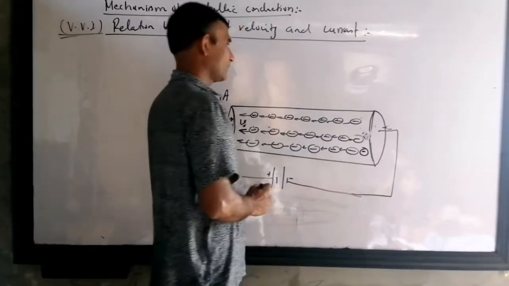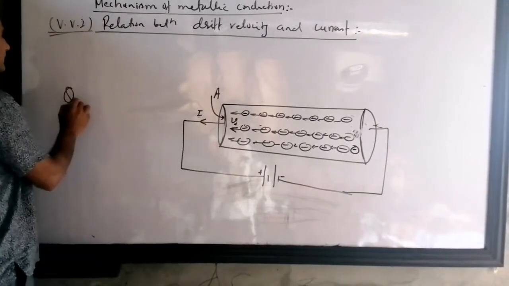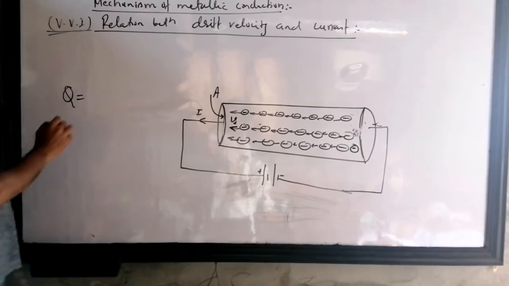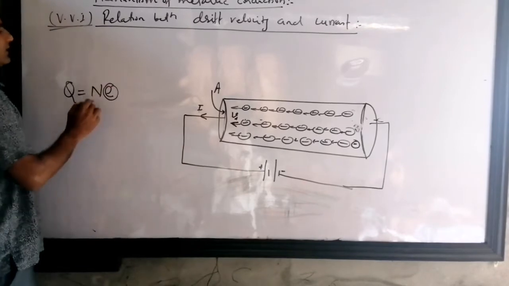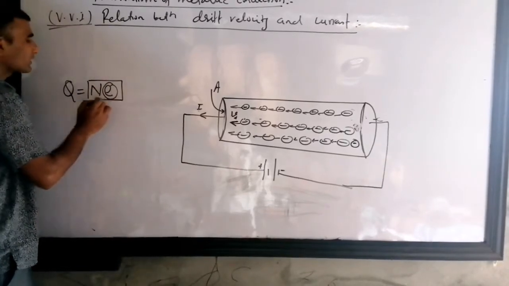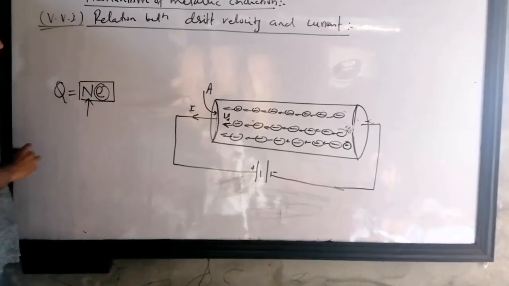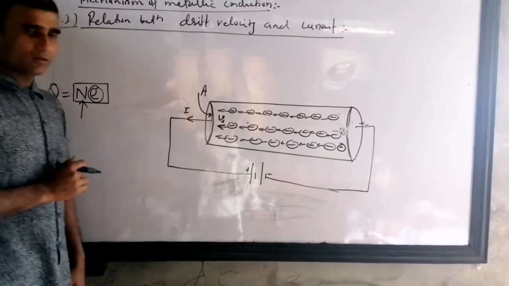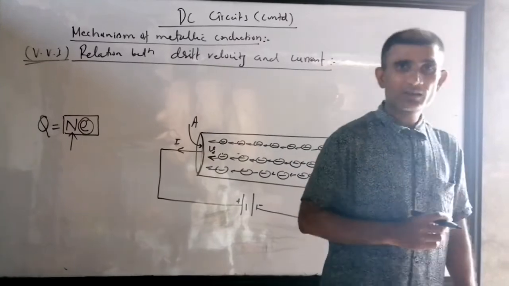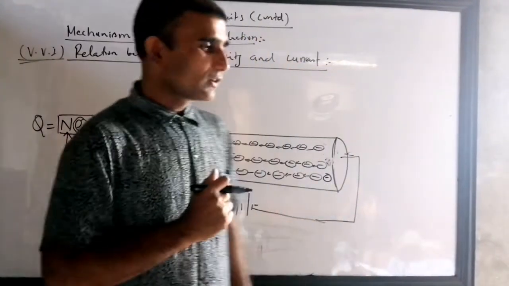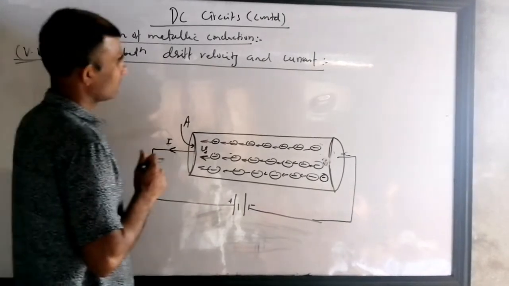If we don't have it, then we require it to count the charge, because you know that charge is quantized. Charge is always a multiple of the charge of an electron. One electron has charge e, then n electrons have charge ne. So we have this much charge, but I should know the number of electrons. Will you tell me? Yeah, you can tell. What are you thinking? Of course you can tell. Number of electrons is e by q.